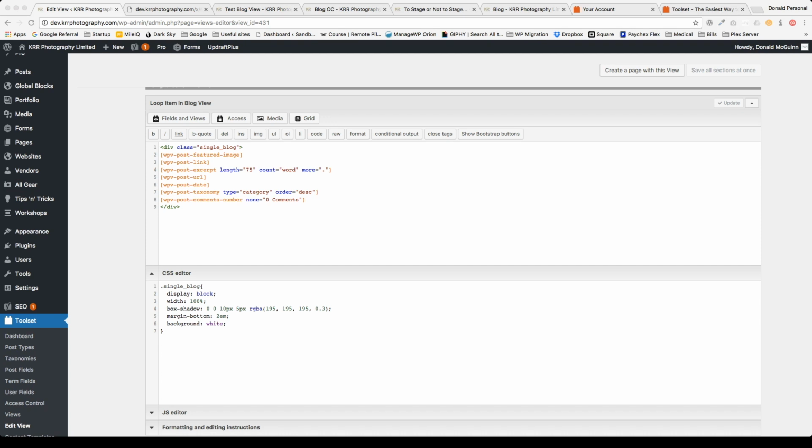And let's go ahead and reorder these, so that they're in the right order for how I want to showcase them. Okay, so I have my taxonomy, the post date, the comments, featured image, the link, which is the title, and then the post URL is going to be the button. So let's go ahead and begin with